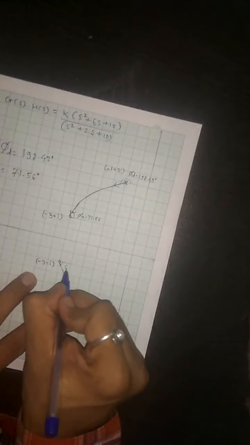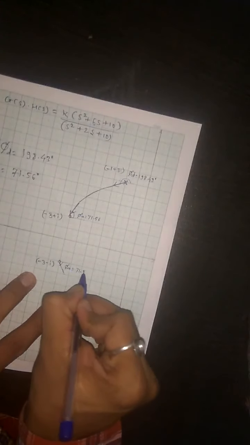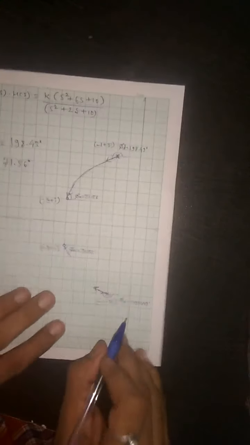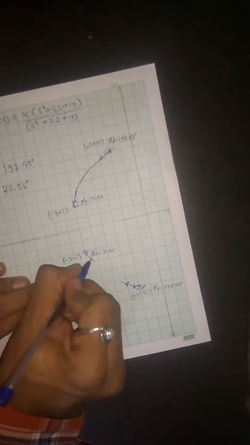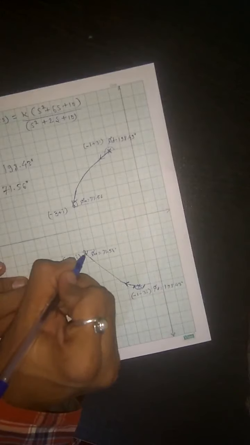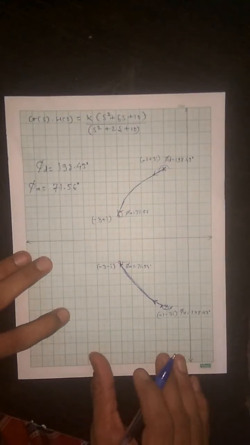So this angle is phi A equal to 71.56 degree. Here we have shown this angle phi D is equal to 198.43 degree. No need to write minus, because we have shown the angle on the negative side. So root locus will start from this angle and end on this 0. The graph above and below should be symmetric. Okay, so this is the complete solution for this numerical. Okay, so thank you.